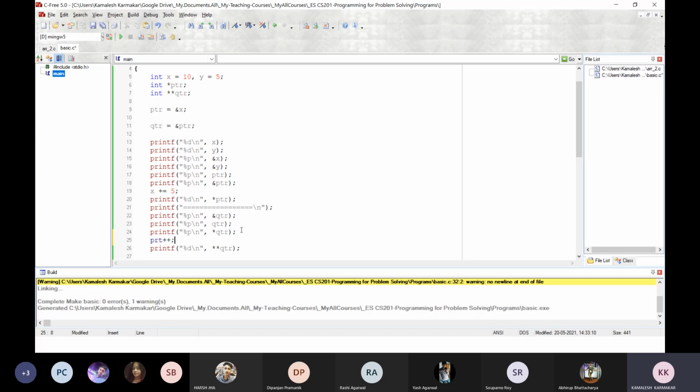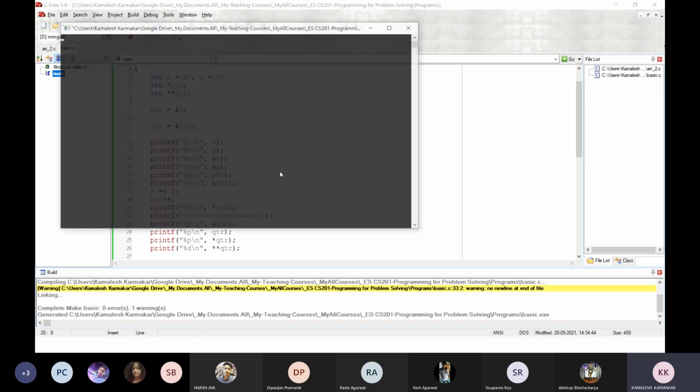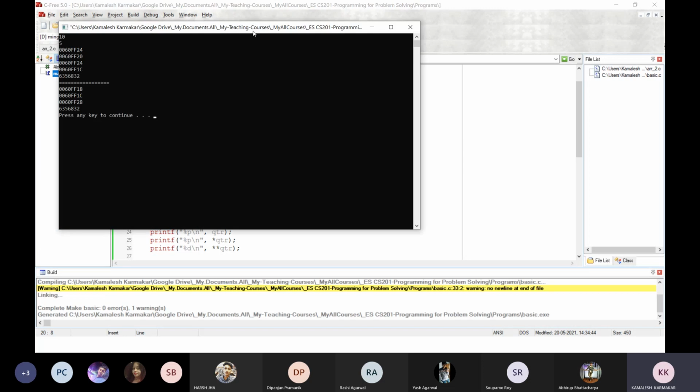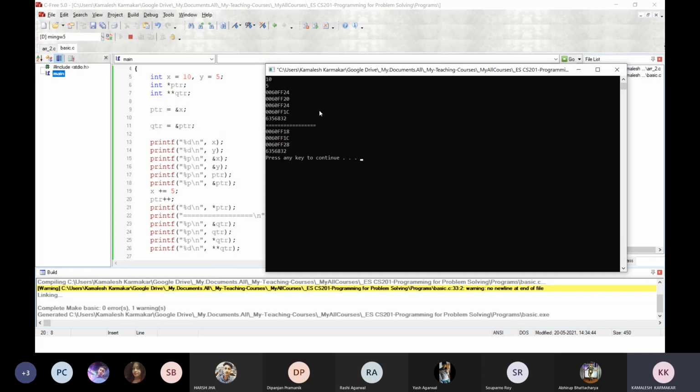Let me show you. Okay, just let me close the rest of the part at this moment. Just neglect this part. So I'm going to print star ptr here. So x is 10, so x plus equals 5 means now current value of x is 15. Now I want to print the value. If I write ptr plus plus, and then if I want to print star ptr, then the value is not as per your expectation. It's a garbage value.